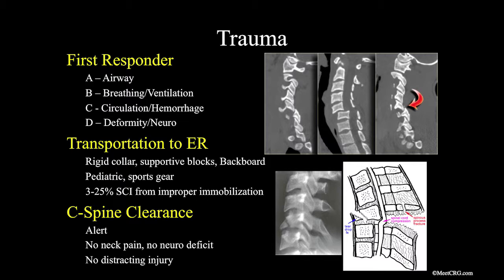They can't have any neck or back pain, and that means you are examining and palpating. They can't have any neurological deficit. And very importantly, they can't have any distracting injuries. So if someone has a bad femur fracture, they could have a neck injury that they're not really able to describe for you because their leg hurts so much. So anyone who has a distracting injury has a presumed cervical spine or thoracic spine injury as well and needs